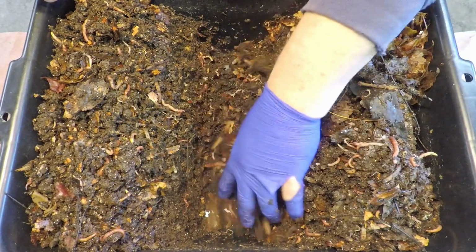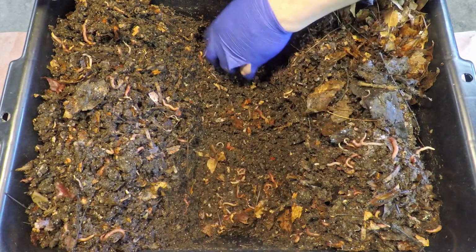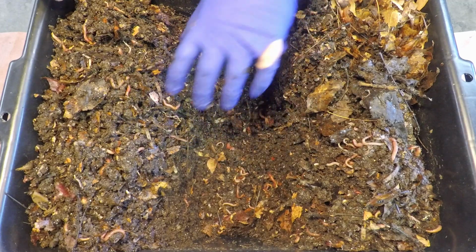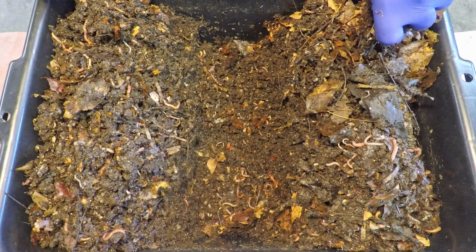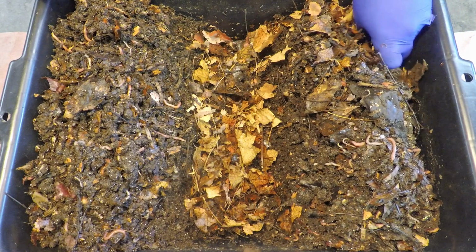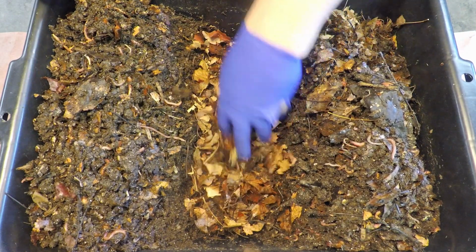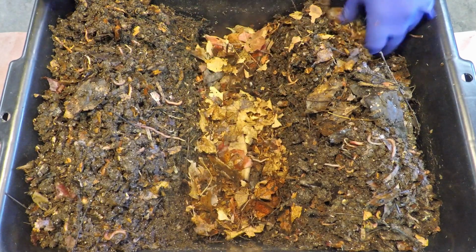So we've actually excavated a pretty good sized hole here. Very little material still remains down there at the bottom. Oops, that's it for my glove, I guess. We'll see if we can make it last through the remainder of this check-in. But I'd like to return this material that we scraped all off the top surface down a little bit deeper this time. Use this as the foundation for today's feeding,